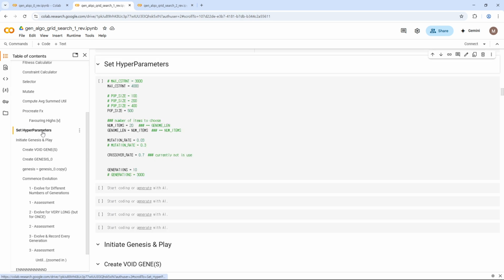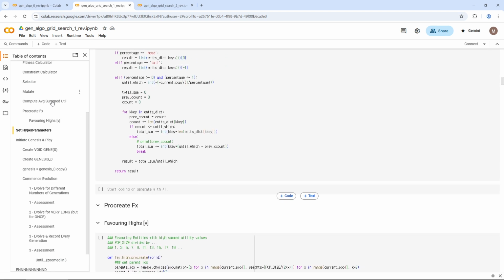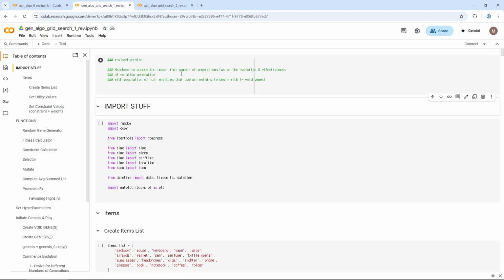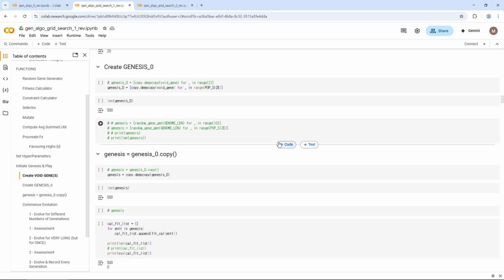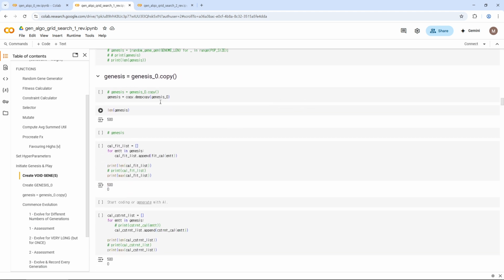So I'll try to make it quick, and then I set the hyperparameters as below. Population size is only 500 for now, and generation is set to 10, but this will change because the purpose of this notebook was to assess the impact that the number of generations has on the evolution and effectiveness of entity generation with void genes. So that's that. So I create the void genes, I create the genesis and copy that to genesis